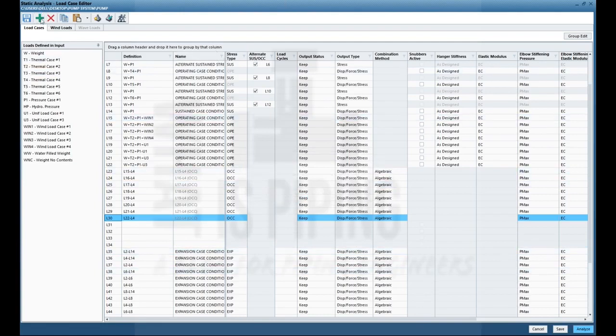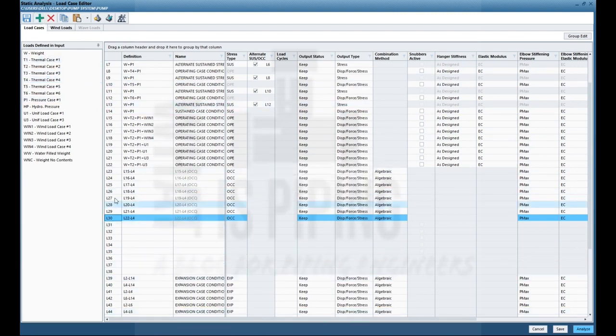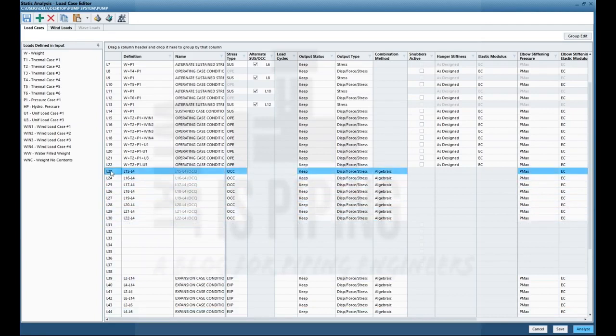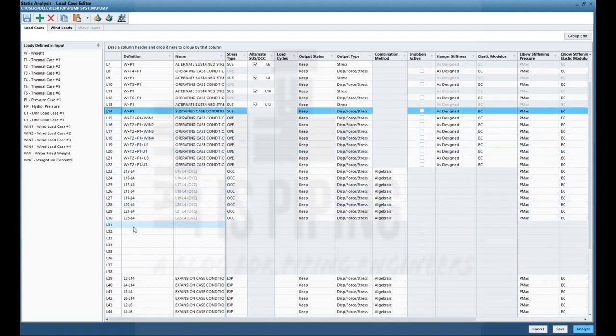4, 5, 6, 7, 8. So here load case is L23. Along with that we will be adding our sustained load case, that is L14.